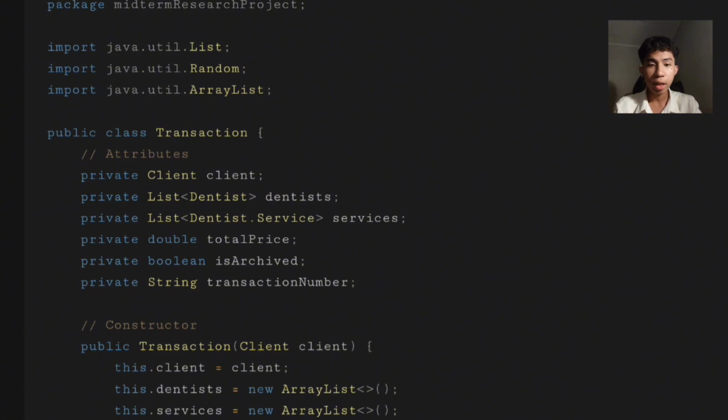This project also helped me to improve my problem-solving skills and logical thinking, as I had to ensure that the system functions smoothly without errors. Overall, working on this class made me appreciate how programming can be applied to real-world scenarios, such as tracking transactions in a dental clinic. It has been a valuable learning experience, and I am excited to apply these principles in future projects.